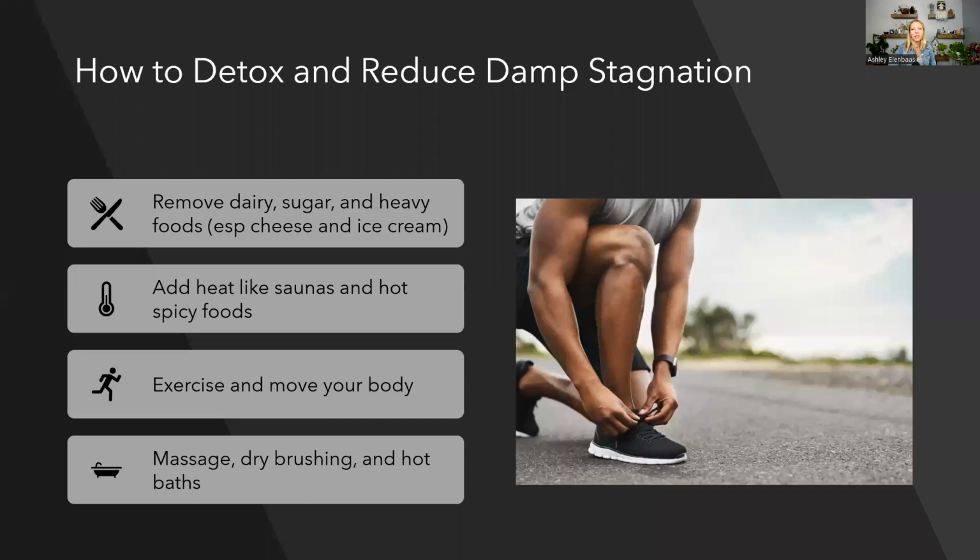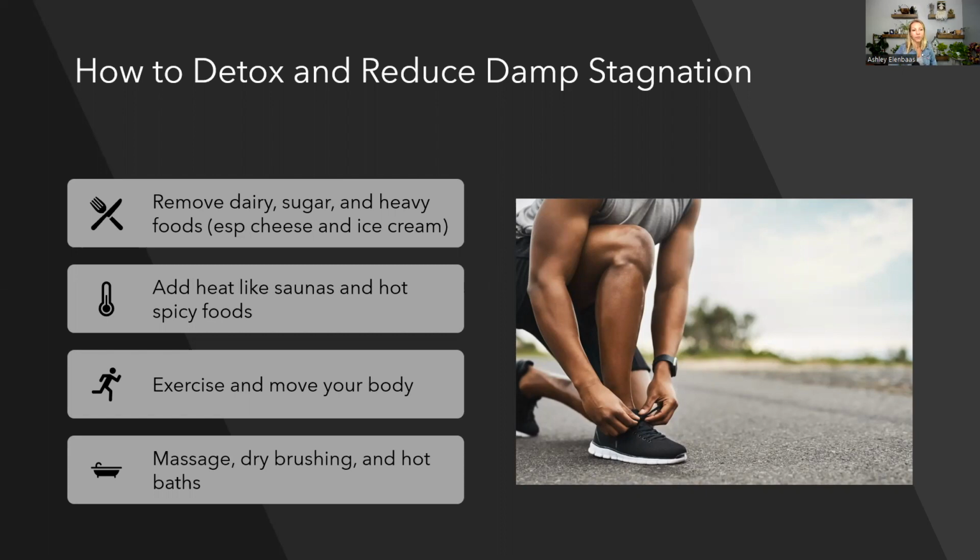To detox and reduce damp stagnation, some other lifestyle tips might be, this is really important, removing dairy, especially cheese and ice cream. Those are like the mucus producers of all time. So try to cut those out. Sugar, heavy foods, anything that's going to be really damp and cold and heavy, yogurt, all of these are really not good for this imbalance. And it's not to say you can't ever eat them again, but just while these symptoms are present,